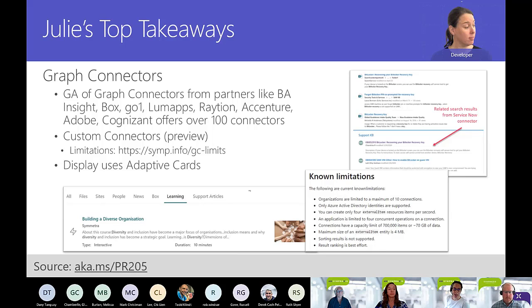And when I did some reviewing of the content, there are a lot of known limitations. So if you're thinking about trying this out and giving it a go, you definitely want to go. I made a little short link, simpinfo/GC-limits. That and the screenshot there shows some of the known limitations. They're extensive, so you're going to want to review that before you build one of these. But really interesting, cool